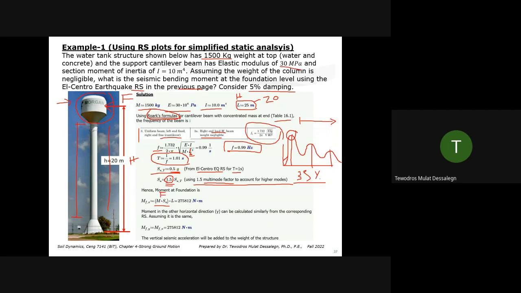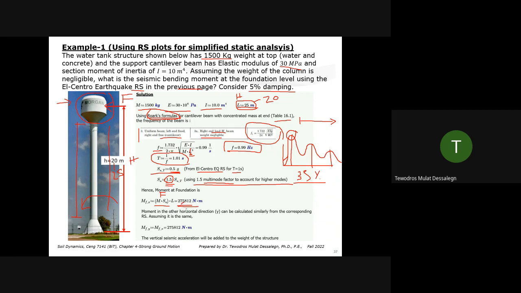Force times L, which is this height, equals this. I think I'm using L of 25, because in MathCAD this has to be corrected to 25. When I do this, L goes with the symbol. If you put L directly, it uses what's defined here. So we're using L of 25. The moment at the base, about the x-axis, let's say we get this much,